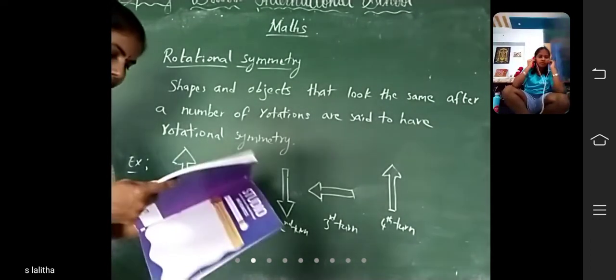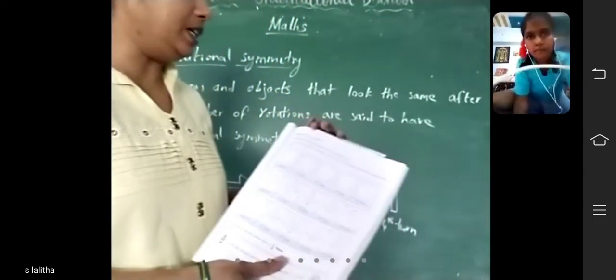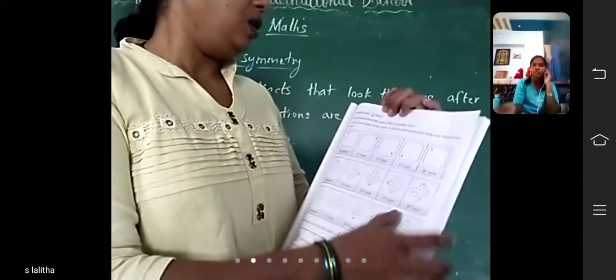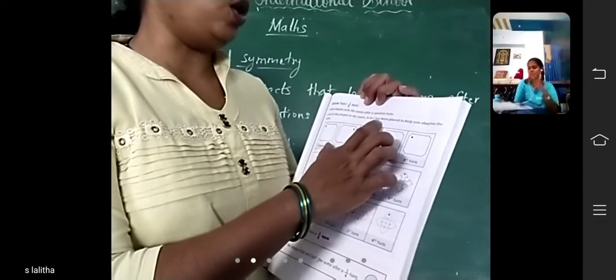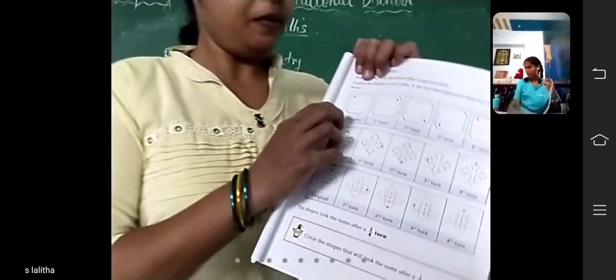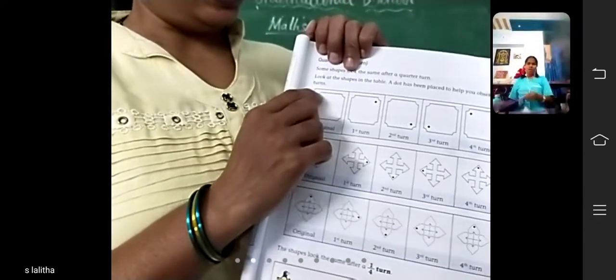Next one, see children. Studio page number 31. Quarter turn, 1/4 turn. Some shapes look the same after a quarter turn. Look at the shapes in the table. A dot has been placed to help you observe the turns. See this one? This is the original shape. Here the dot is drawn.